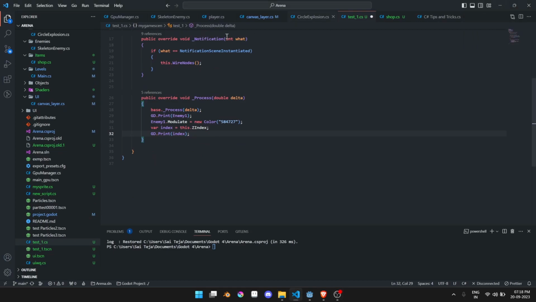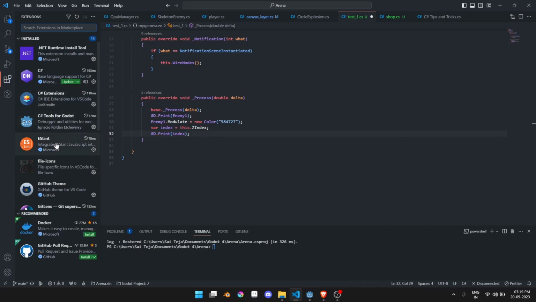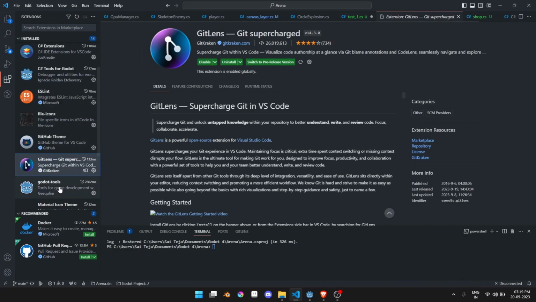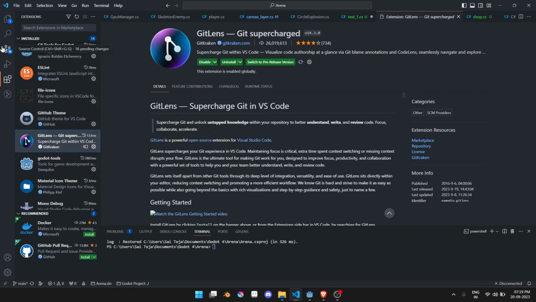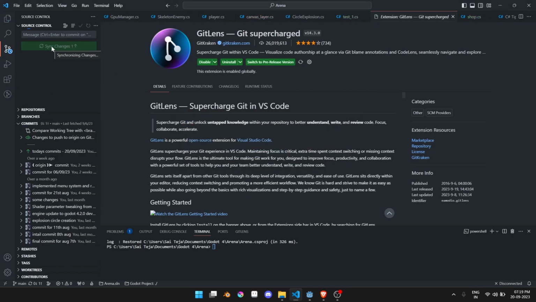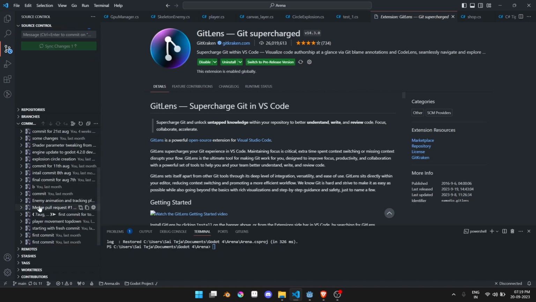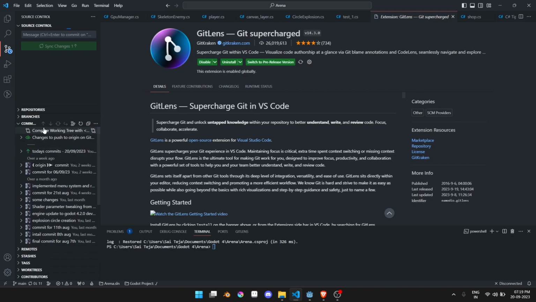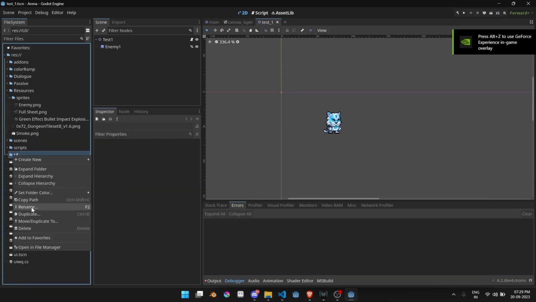If you have created all the scripts, now you want to have version control. In VS Code you have an extension called GitLens, so it will have all the version control values and extra features. So just install this one and restart your editor. After that you can commit your changes. For more information you can refer to this card. It will show up on your right side. Once done you can commit all your changes and you can sync it to your version control, GitLab or